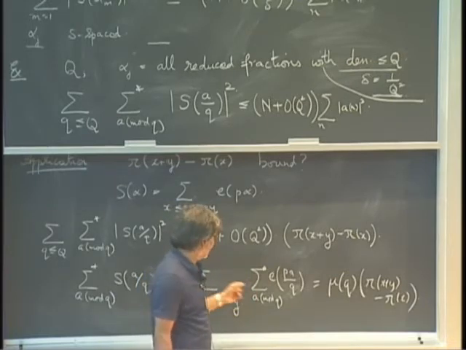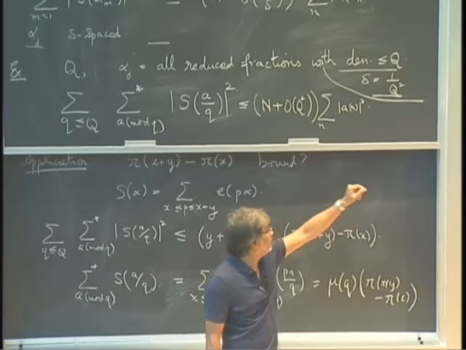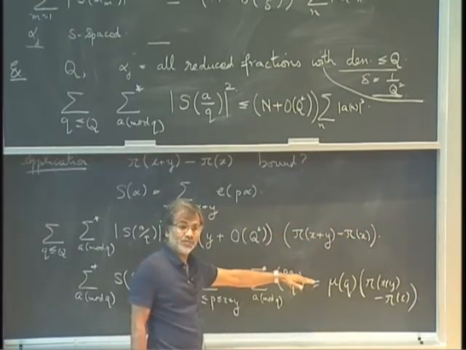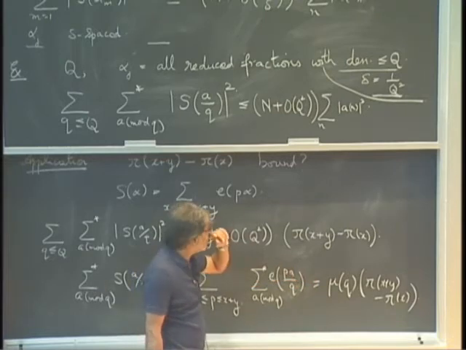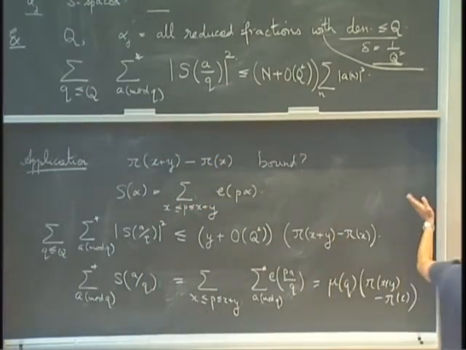Yeah? And that's what we exploited here in order to get our upper bound for the number of primes in an interval. Okay? So similarly, from this analytic inequality, you can formulate and give an upper bound